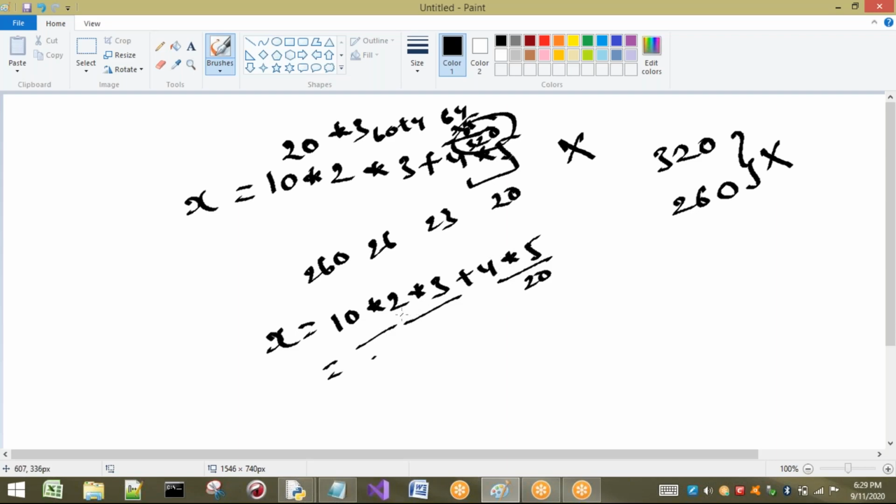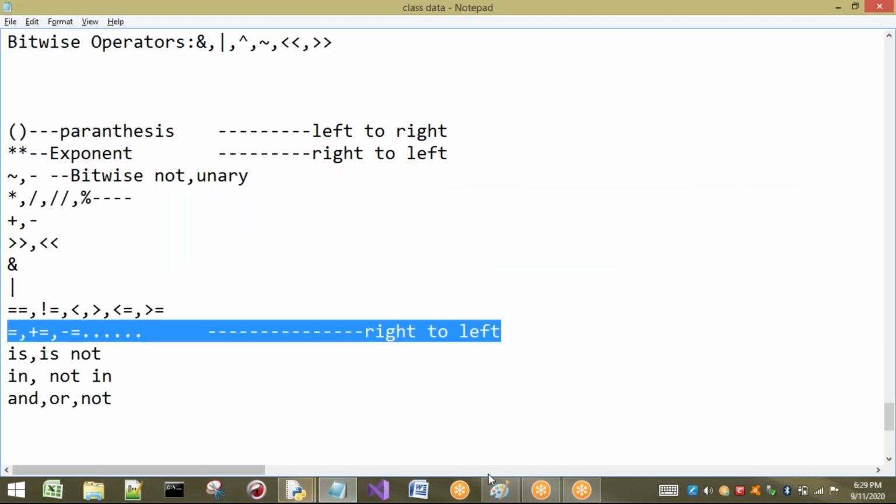Next, 3 into 2 into 10, that is 60. Then this is the plus operator. So already this is completed and this is completed. So the answer is 60 plus 20, that will be 80. Now let us check whether the answer is 80 or not for this expression.